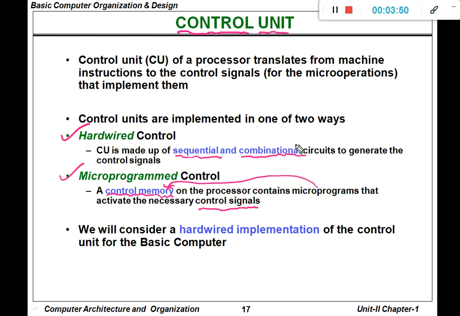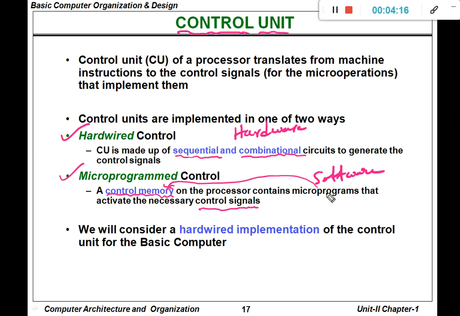Simply, if you want to bifurcate, hardwired control is going to utilize hardware, and microprogrammed control is going to utilize software. Here there will be a hardwired mechanism, and here there will be a program mechanism.